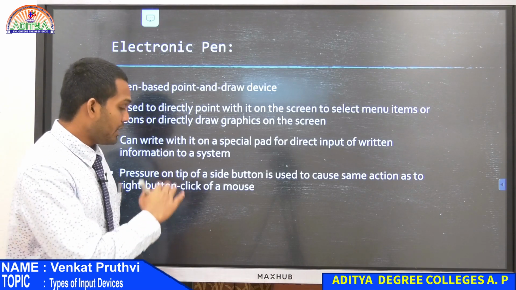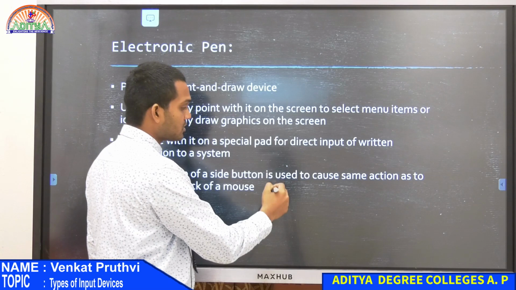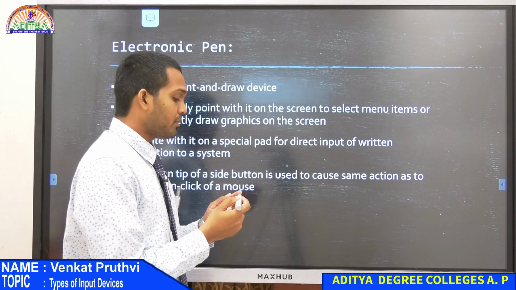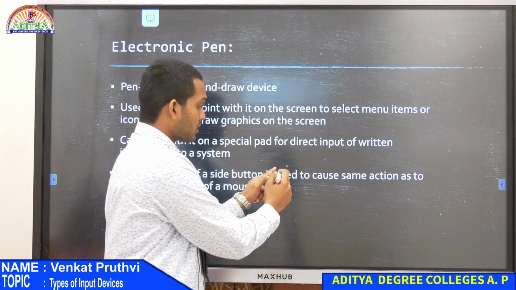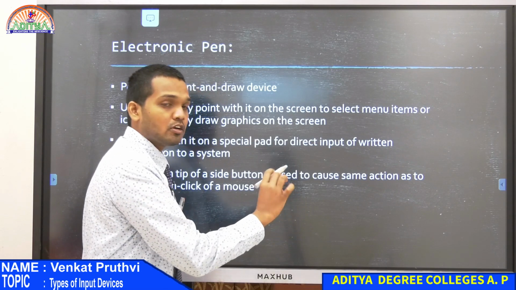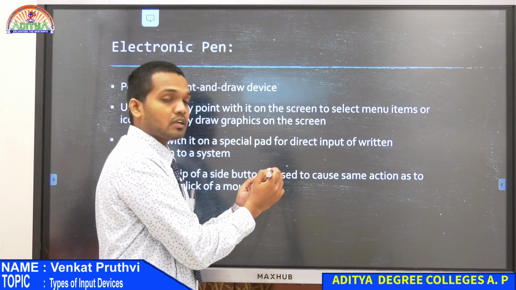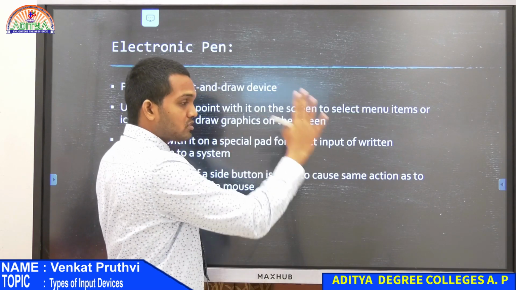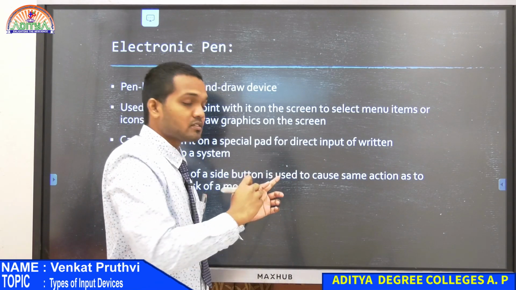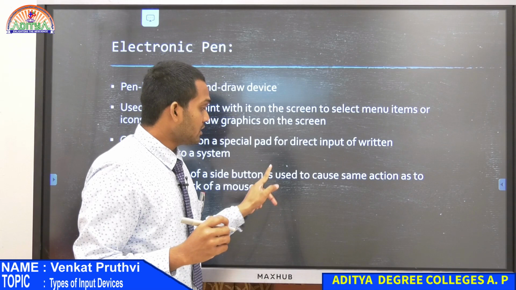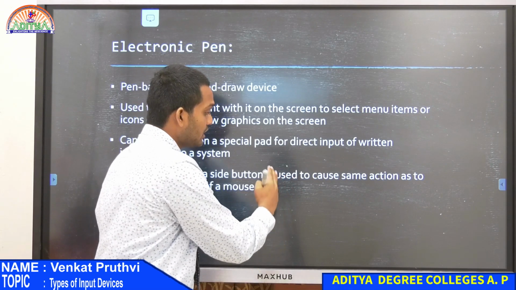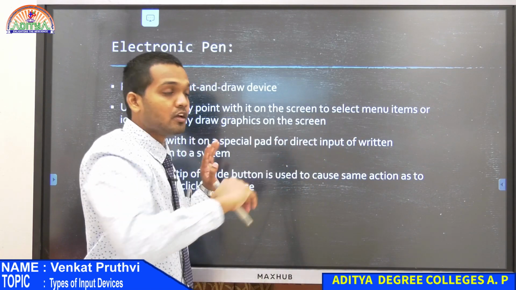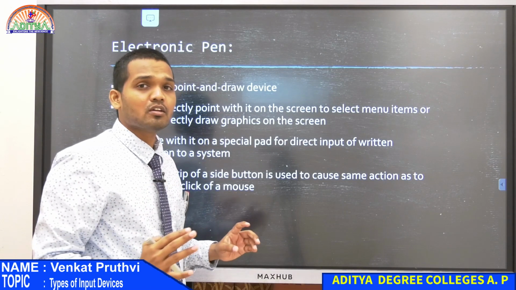Whenever there is a particular point on the screen, suppose this is a folder, let's assume this is a folder. Now what is happening? When I am pointing this laser point on this folder, I need not touch the screen. When this laser point is directly focusing on this folder, the whole screen brightness is one thing, and whenever this laser is pointing at this folder, the brightness over here changes. There is a change in the brightness at this particular point compared to the whole other screen. So you do not have touch screen technology also over there.